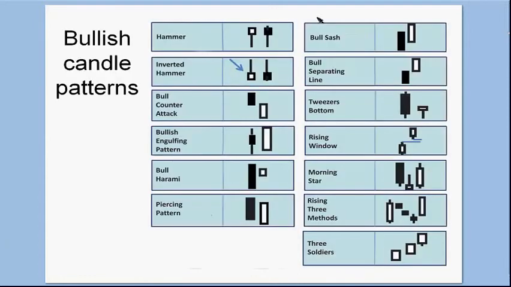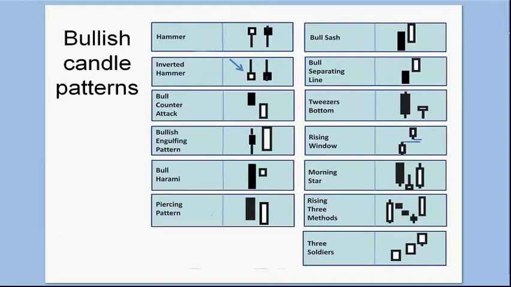And the other candles, I do pay attention to this morning star, because it is a 3-candle pattern. And you have seen me mark those on the charts that I do send out. And then the windows, gaps. So you hear us refer to them as gaps. In Japanese candlestick charting, they refer to them as rising windows on the bullish side. So here are some of your other bullish candle patterns that are out there.